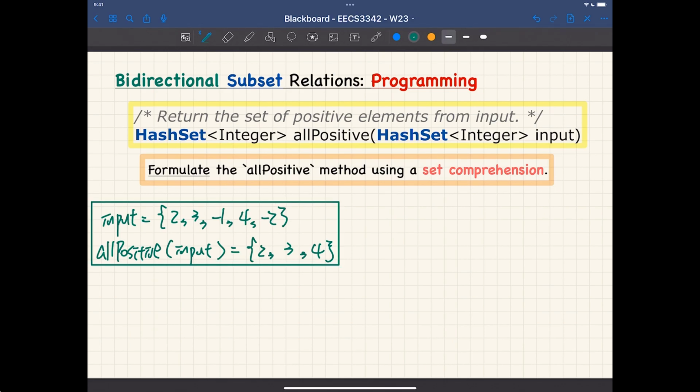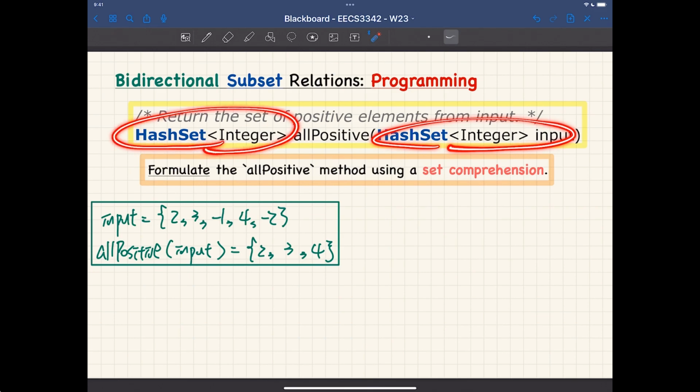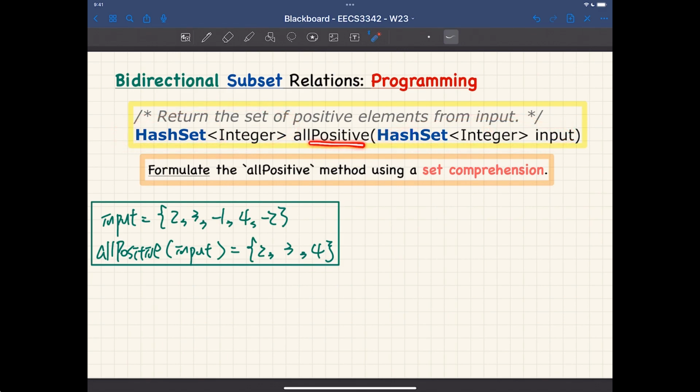This is actually a very general problem you have to face, a very fundamental method maybe you have to define all the time. Given a collection, you want to return just another sub-collection such that you're only going to keep all the elements in the input collection that satisfy certain property. In this case, the property we're talking about is being positive. Okay, we okay with that? So I'll leave it to you later after I discuss this example fully to really apply that to other property.